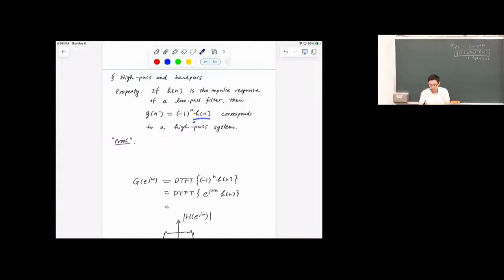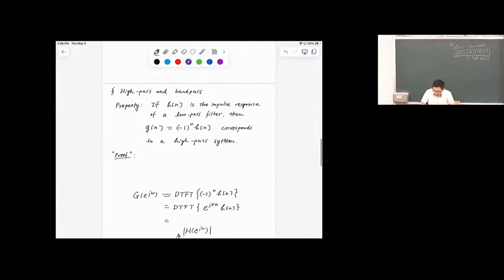Changing the sign of every other sample, we get a new impulse response. And it turns out that when we take the Fourier transform, g of omega,